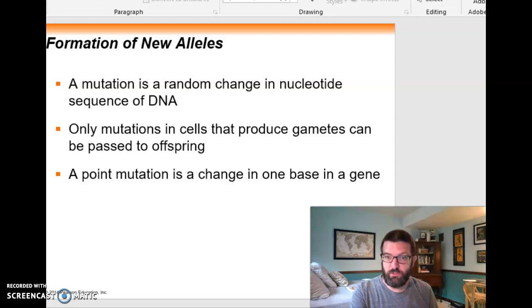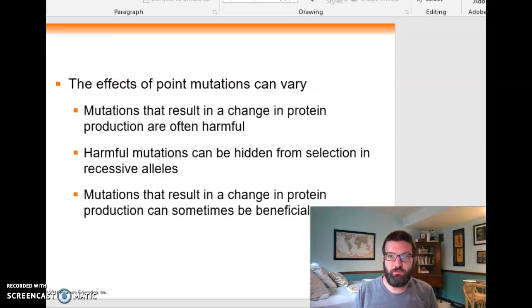And you could have a point mutation, which is a change in a single base in a gene that could cause a big effect or not. There are really a few options for each of those point mutations. It could result in a change that is harmful. And in fact, that's often the case, right? And in that case, natural selection would weed that out pretty quickly, and you're not going to see it move on very far into the further generations. That said, beneficial changes, while they don't occur all that often, when they happen, they tend to spread pretty quickly in a population because they make you more likely to have offspring.